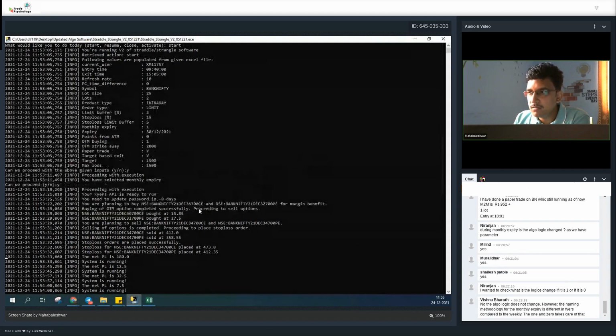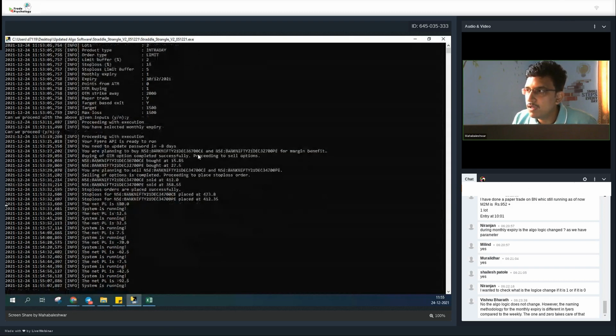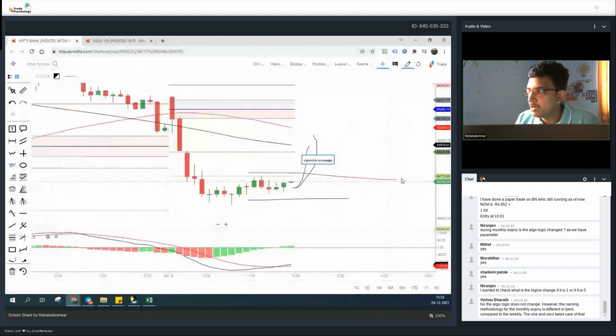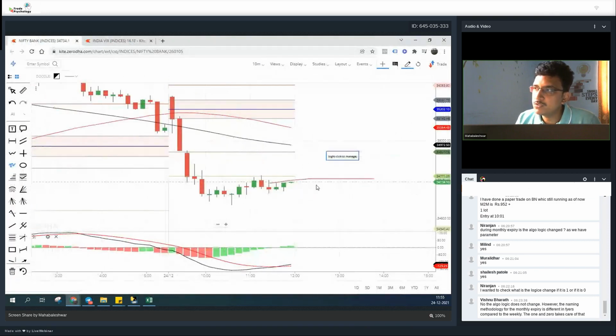You can see in this trade what it has done is it has bought 36,700 call and 32,700 put, which is 2,000 points away from the ATM strikes, and then it has sold 34,700 call and put, because the Bank Nifty is currently trading at this level. You can see the Bank Nifty level, it is 34,700 level, right? It is trading around this level. It has sold 2 lots of call and put,